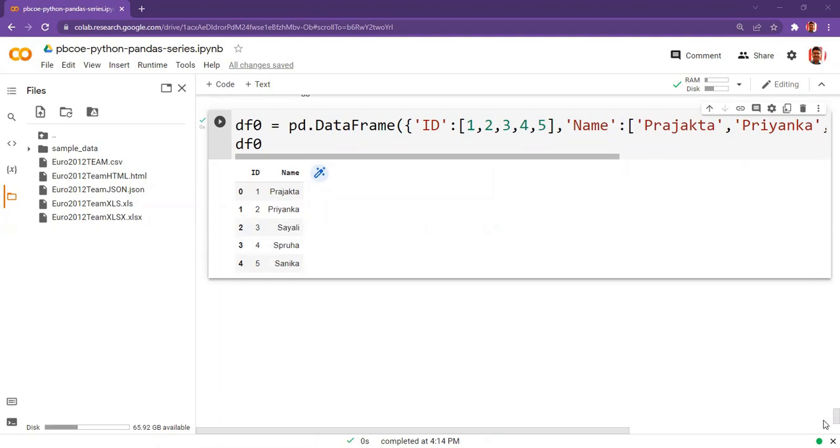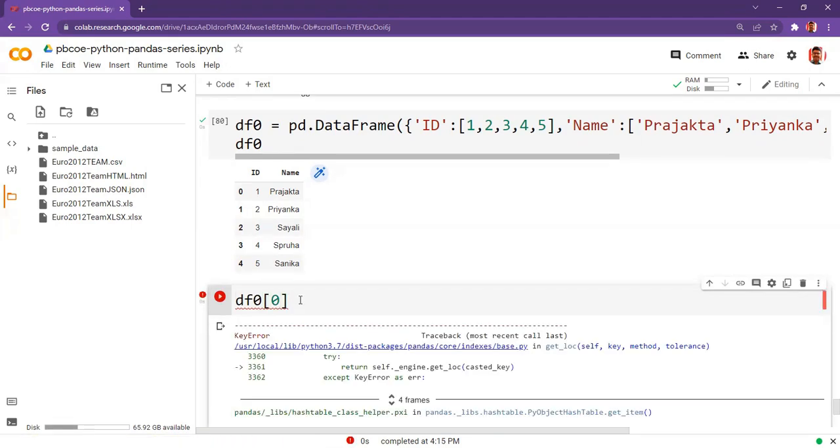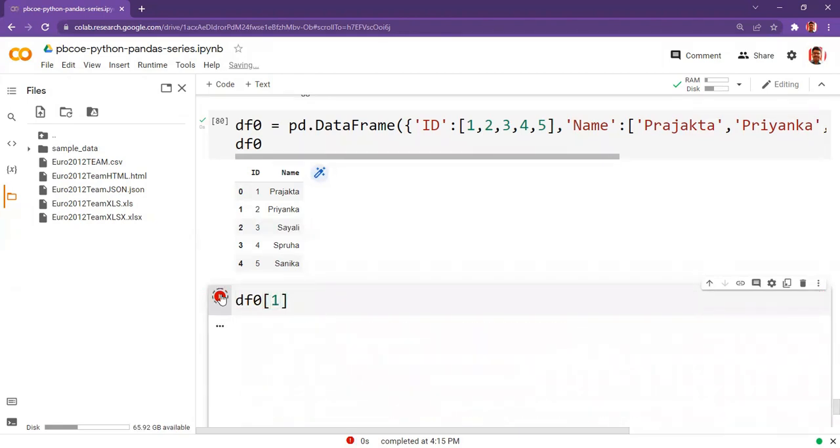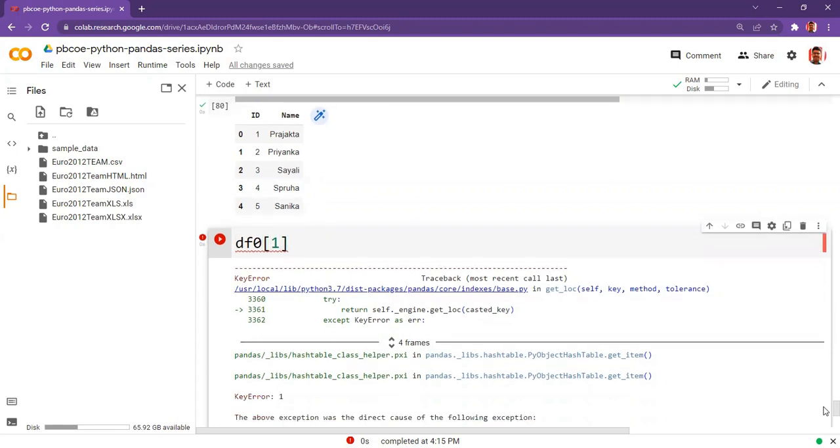So if I want to access the first value, I will say 0, then